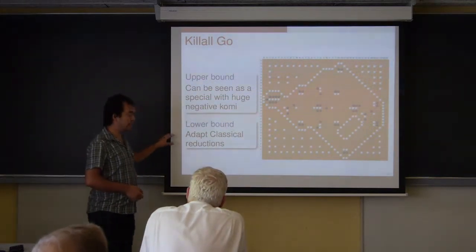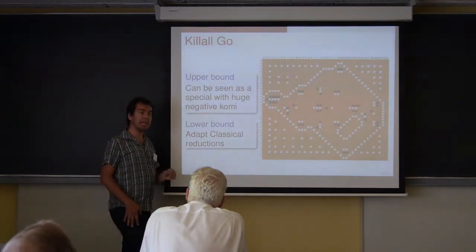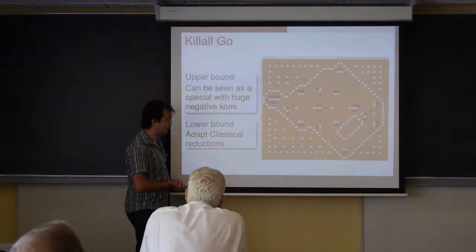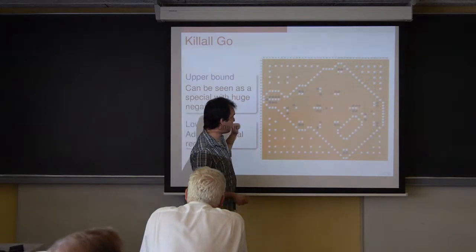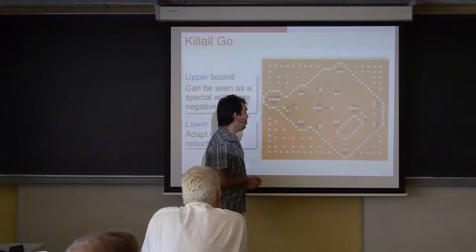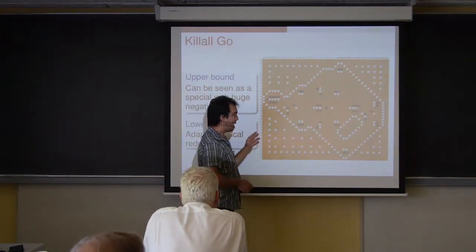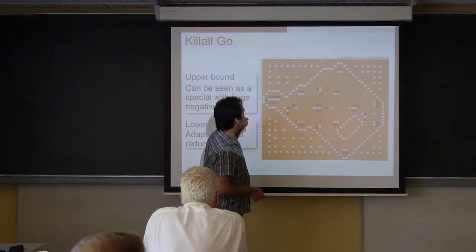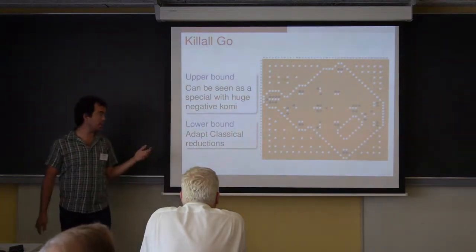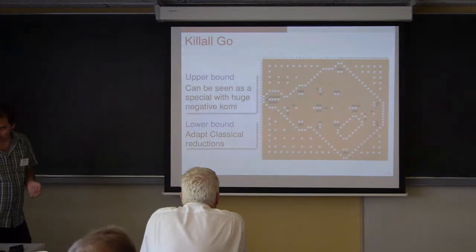For the lower bounds, it's slightly harder. We have to go back to the actual proofs and then adapt them. So the actual proof of PSPACE-hardness for classical Go had something like this with ladders all over the place. How do we adapt it? Well, we make sure that black cannot create a live group anywhere else, so we add bounds, white bounds. And now black cannot make live groups here, and the only way for black to make a live group is to win the ladder. So that uses the same gadgets to prove that Kilo Go is also hard.